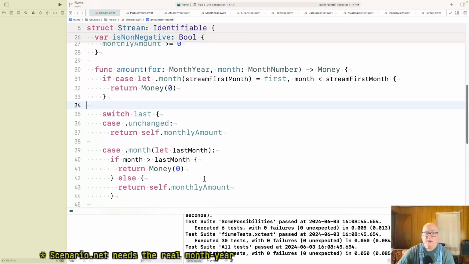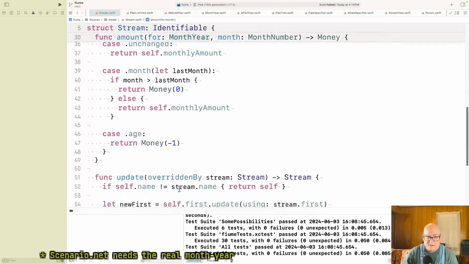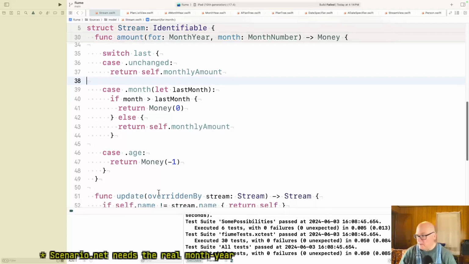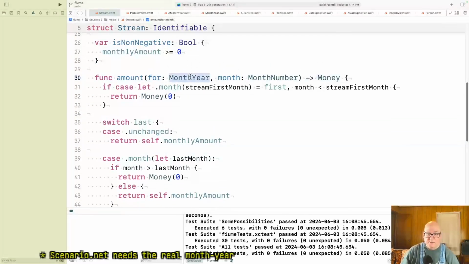I think where we want to go is that all computation should be in terms of this. Now, I can't calculate this in terms of that without knowing the start date. But if it came in as a month year, then I could. So I think this is the thing we need to do in parallel. I'm going to call it current month year. Maybe projected. It really is 4.